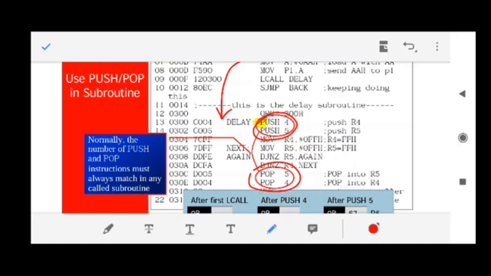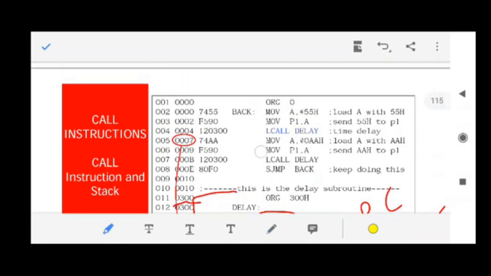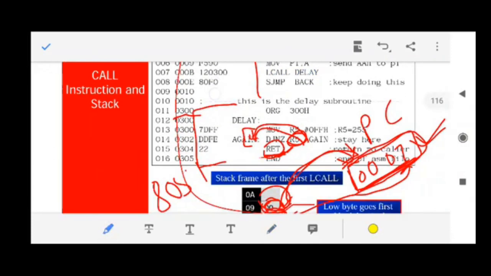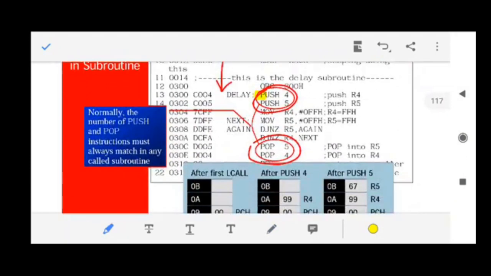If you see the stack pointer, how you are using the stack, you're using the stack after the call instruction. Whenever you have a call instruction, your stack will be filled with some value. Now if the user explicitly wanted to use the stack, the user can also use the stack. In our last example, what was done? Who was using the stack? It was 8051 who was using the stack. 8051 was giving these values. The user was not giving these values. The user was only writing the program. This is 8051 who is giving these values.